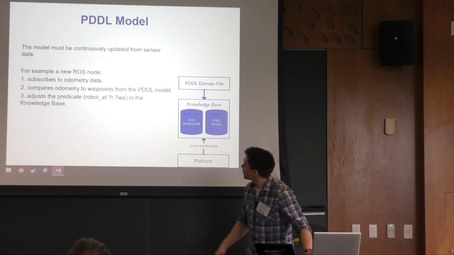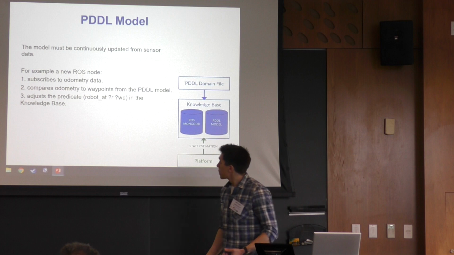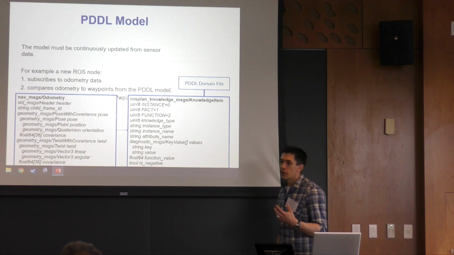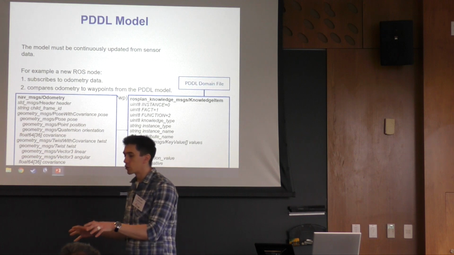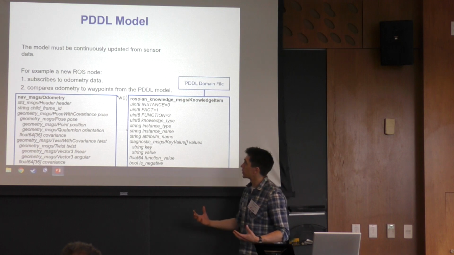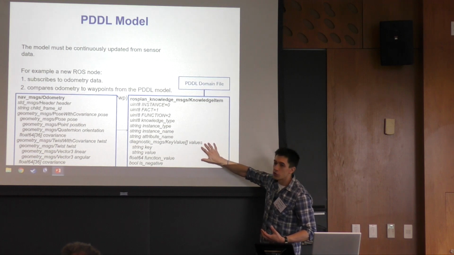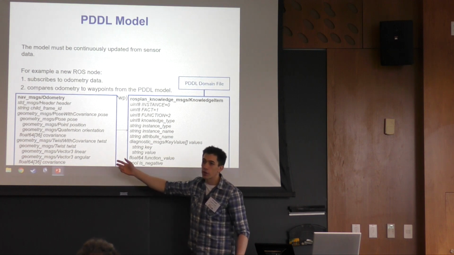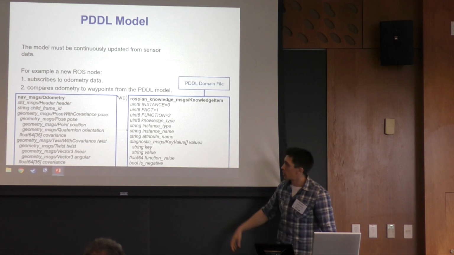Not so fast. The model also must be continuously updated from the sensor data, from what the robot can see. In this case, just like we had interface nodes which took symbolic PDDL actions and converted them into the sort of ground truth goals for control, there's going to have to be some interface that reads the sensor data that's been processed and converts it back into the symbolic model and stores it in the knowledge base. So in this example, we have something that's subscribed to the odometry data of the robot and performs a very simple check of which waypoint the robot is closest to, and keeps that up to date in the knowledge base.